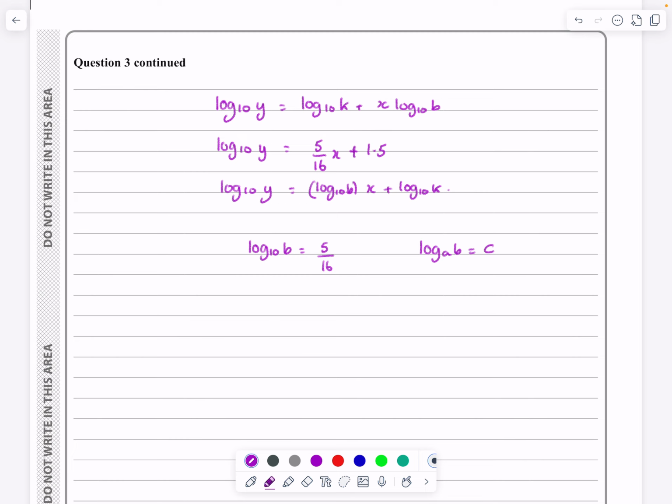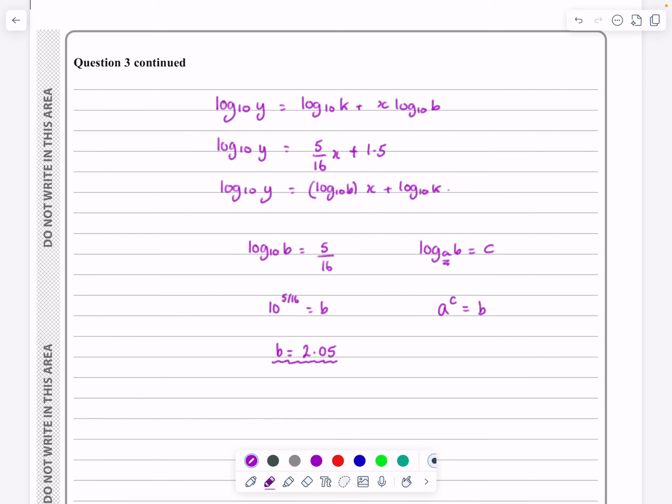When we're doing this, we remember the base of this is the same as the base of my power statement, and hopefully you remember that a logarithm is a power. So I'm going to change that to a to the c equals b. Well, we basically do the same here, and we can say, okay, then 10 to the 5 over 16 is equal to b. So that means I can work out what b is. B will work out to be